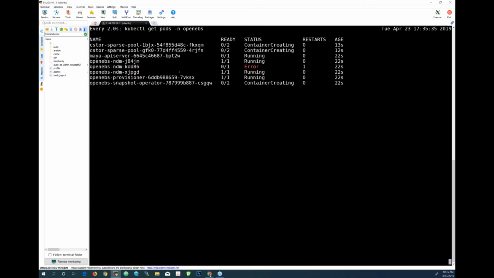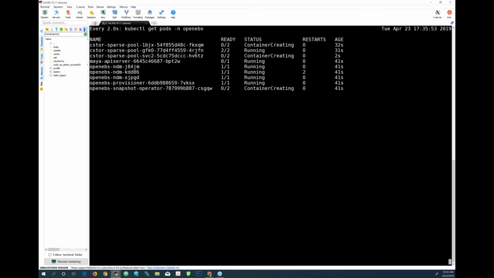Quickly going through the components we have here, from the bottom up, there is the snapshot operator. OpenEBS has snapshot and clone capabilities, and it uses copy on write, so it is literally zero copy snapshots, very efficient. Then you see the NDM part. I would encourage you to take a look at this separately. It is called Node Disk Manager, an open source project the OpenEBS team has developed and proposed to Kubernetes.